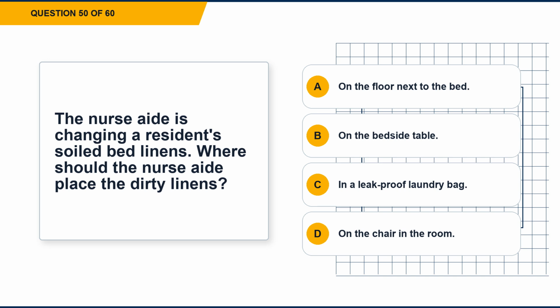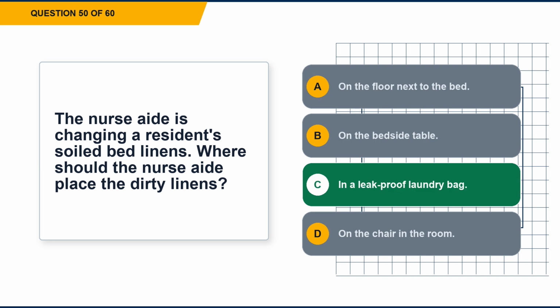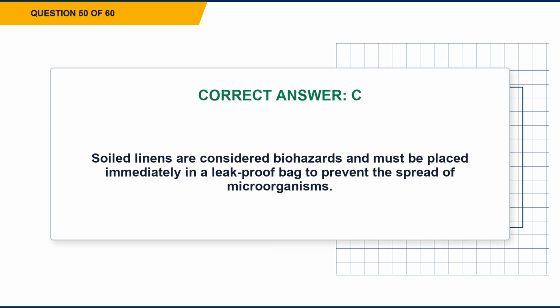Where should the nurse aide place the dirty linens? Option A, on the floor next to the bed. Option B, on the bedside table. Option C, in a leak-proof laundry bag. Option D, on the chair in the room. The correct answer is option C, in a leak-proof laundry bag. Explanation: Soiled linens are considered biohazards and must be placed immediately in a leak-proof bag to prevent the spread of